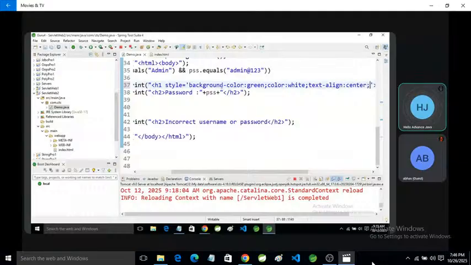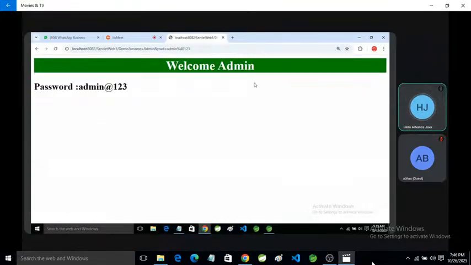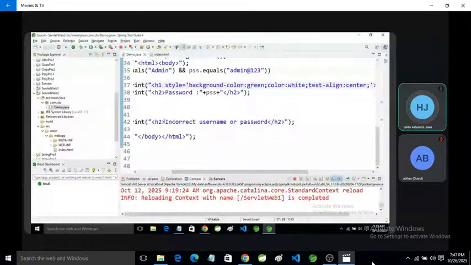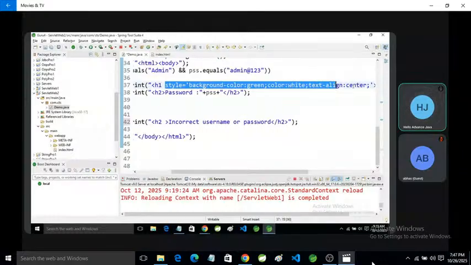Okay, now again I'm going to check it. So admin, admin123. Click on sign in, and you can see it, welcome admin. Same as that, you can also use your CSS.